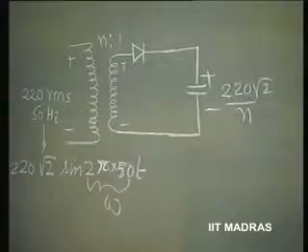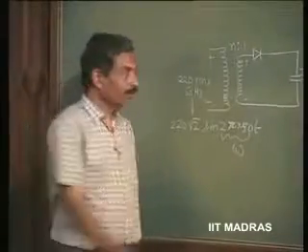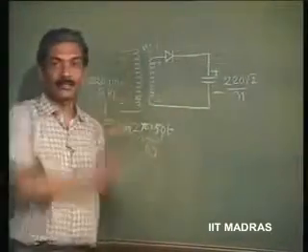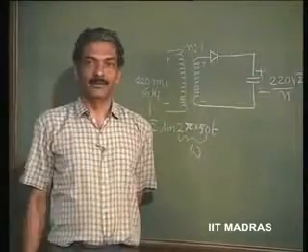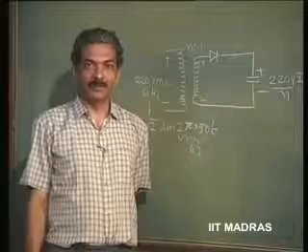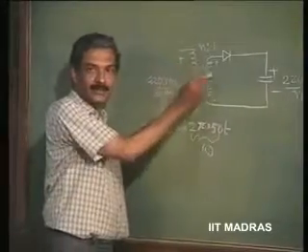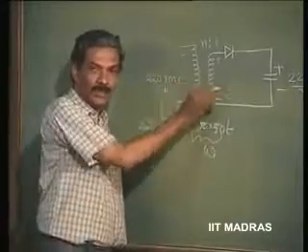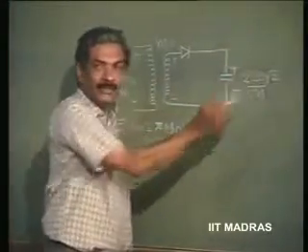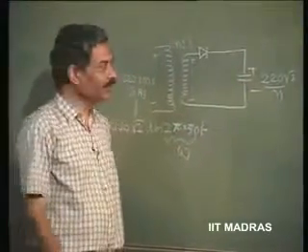So, now depending upon the DC you want, you can select the value of n. Suppose you want a 12 volts battery to be replaced. You would like to know what is the transformer turns ratio that you have to put here in order to get 12 volts as the DC here. So, what should you do?